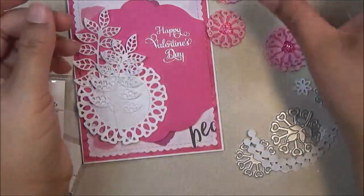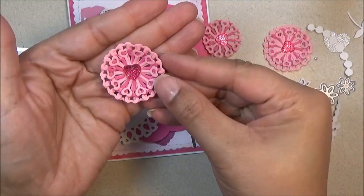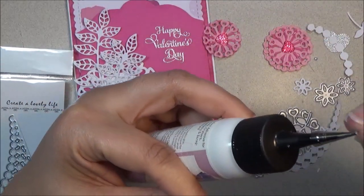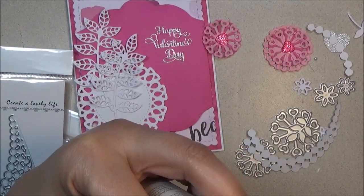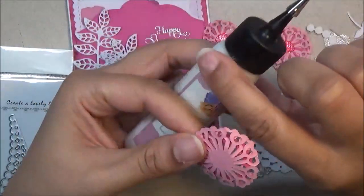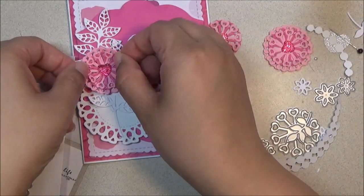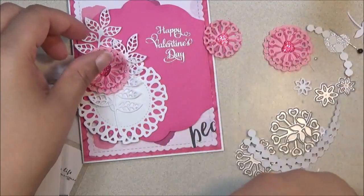So I'm going to start with my first, and I want to make sure the heart is facing the correct way. So I'm going to glue that on. Again, this is clogged. Let me make sure my bottle's unclogged. Okay. Alright, I'm going to place this one right about here. Okay,